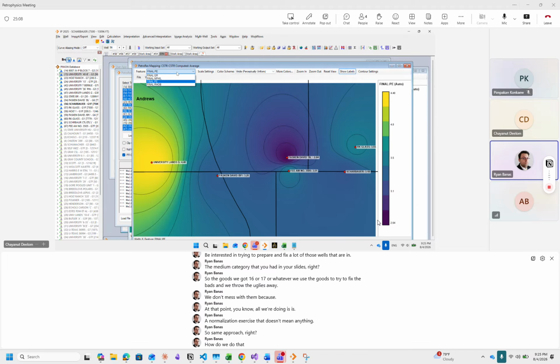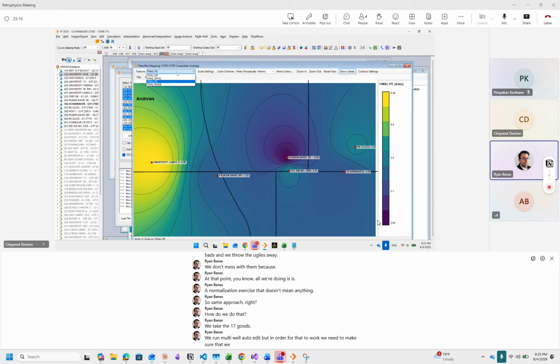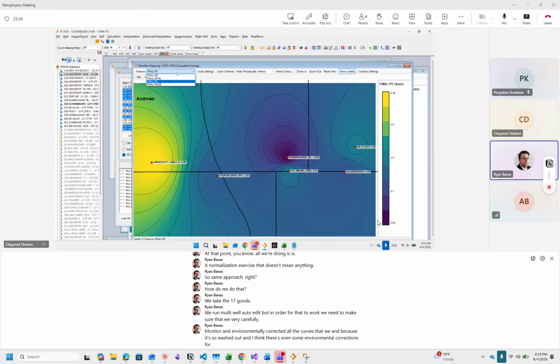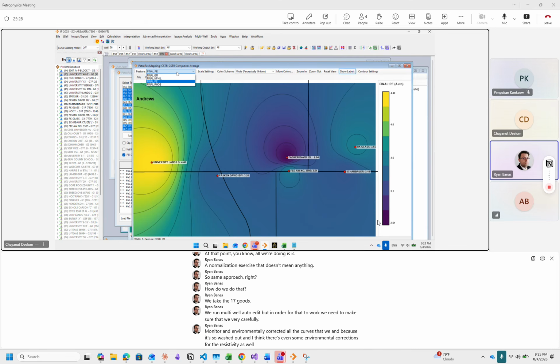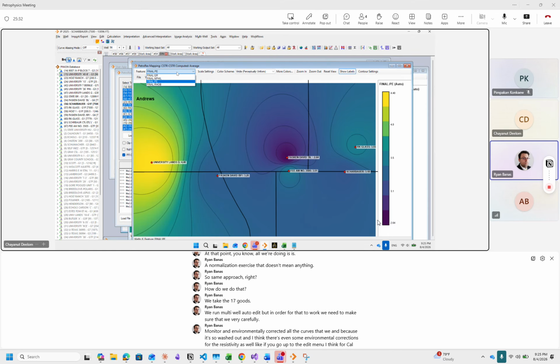We take the 17 goods, we run multi-well auto edit, but in order for that to work, we need to make sure that we very carefully normalized and environmentally corrected all the curves that we can because it's so washed out. And I think there's even some environmental corrections for the resistivity as well. Like if you go up to the edit menu, I think, or calculations menu, and IP,